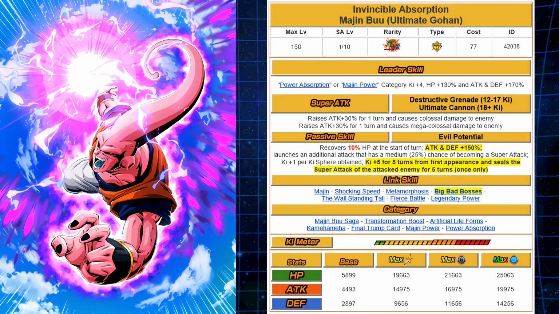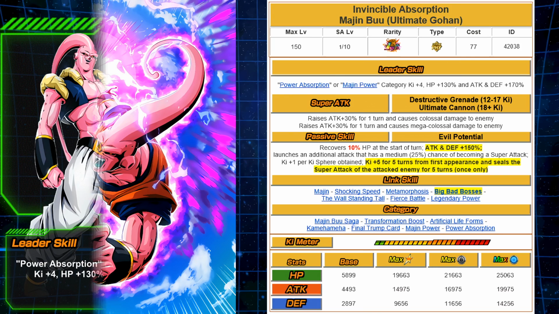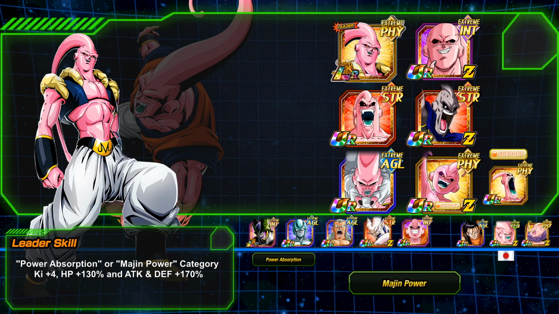So yeah, first class type of card here. You definitely want to summon for it. And like I said, the only issue I have with it is the flexibility with power absorption and Majin Power, which leads me into the next part of the video, and that's actually doing some team building. I was just kind of messing around with the combinations, and you just want to run a Majin Power or Majin Buu style team, and that's going to give you your best results. Unfortunately,